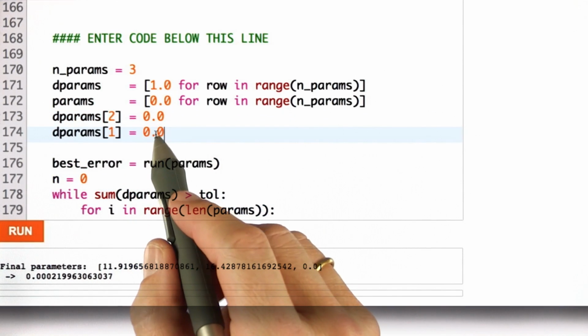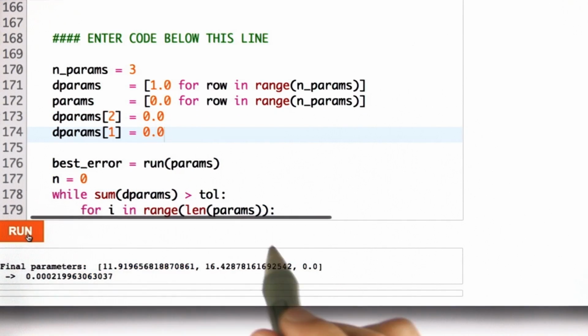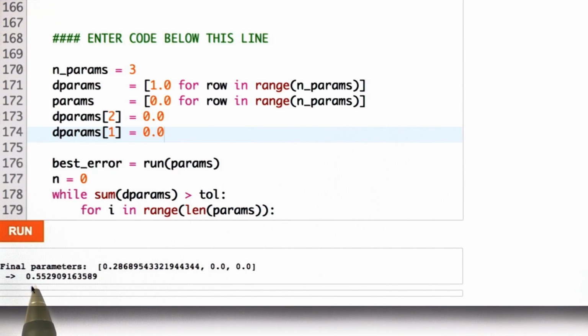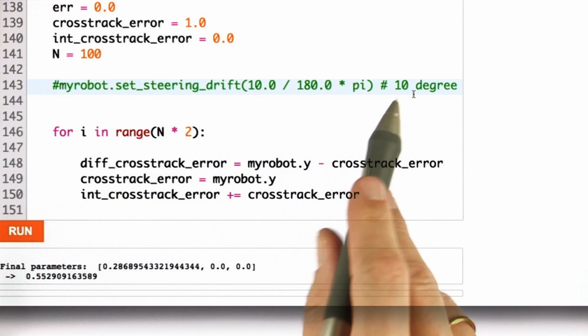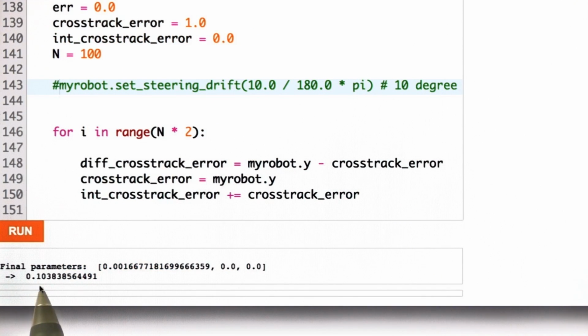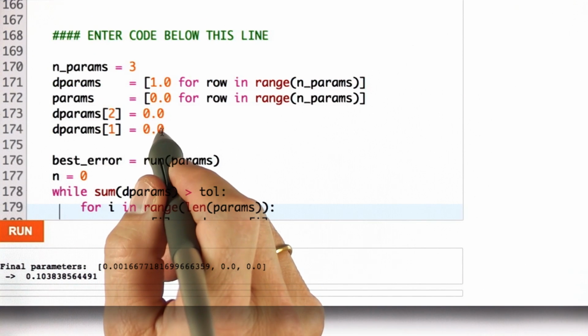Let's also remove the d term and see what happens. And the result is a really large error of 0.55. That large error sustains even if I remove the robot drift by commenting it out. We still get an error of 0.10 if we just have a proportional controller,